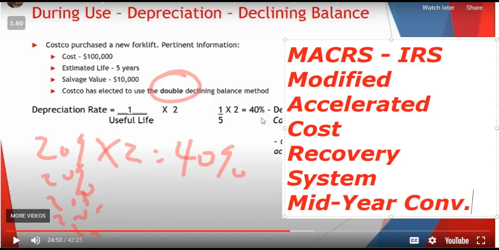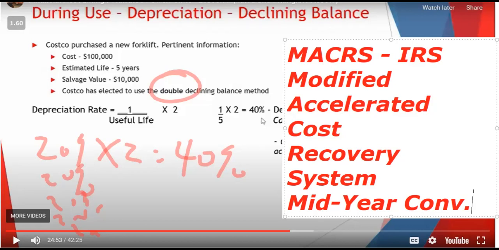So how does that work? A 5-year asset, half year in the first year, they do 4 more years of full year depreciation. So that's up to 4.5 years. And in the 6th year, so half plus 4 more, that's 5 years' worth. They take another half year's depreciation in the 6th year. Just makes it easier. So you can buy it in December, you can buy it in January. You'll take a half year's depreciation no matter when you get it. You don't have to mess with it.